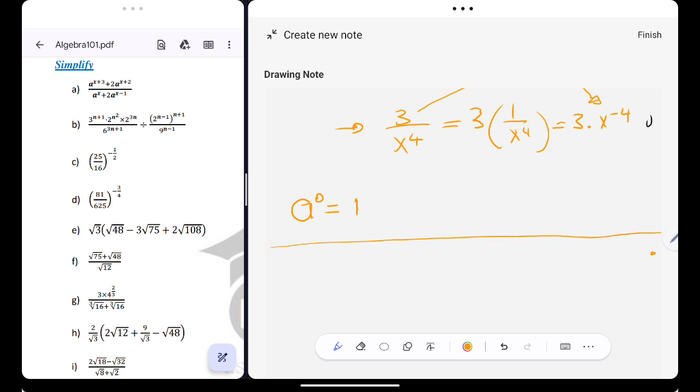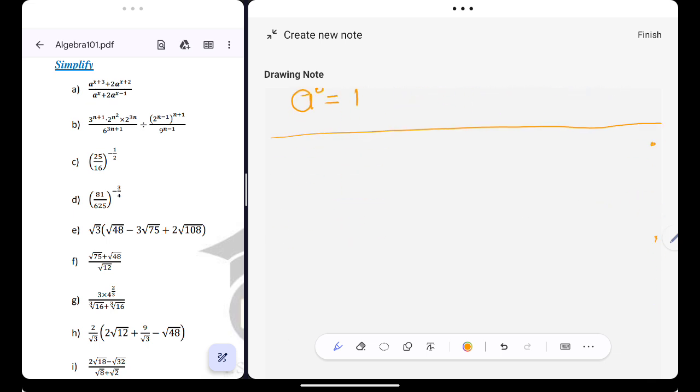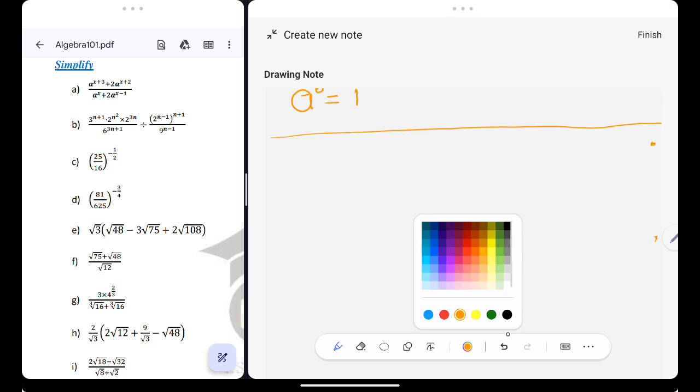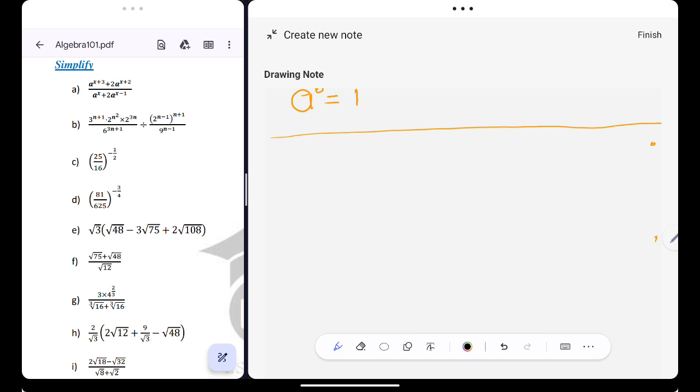Let's learn how to use them. There are different ways in which we can use these laws. All right, together. For the first part of it, please note that